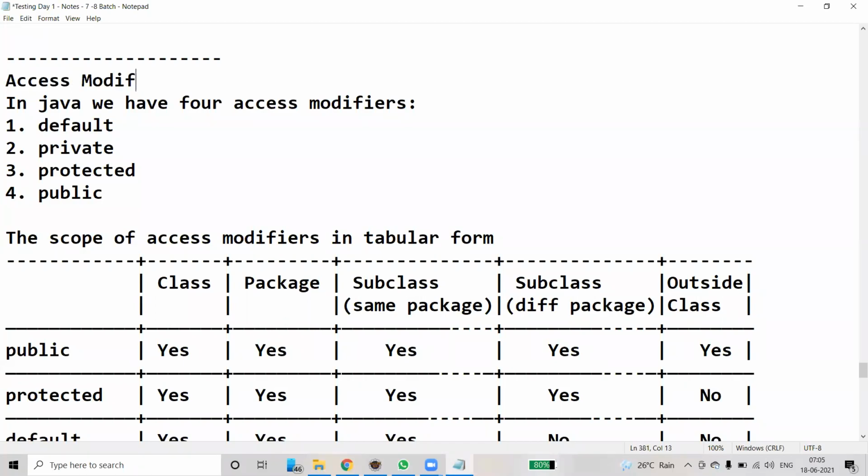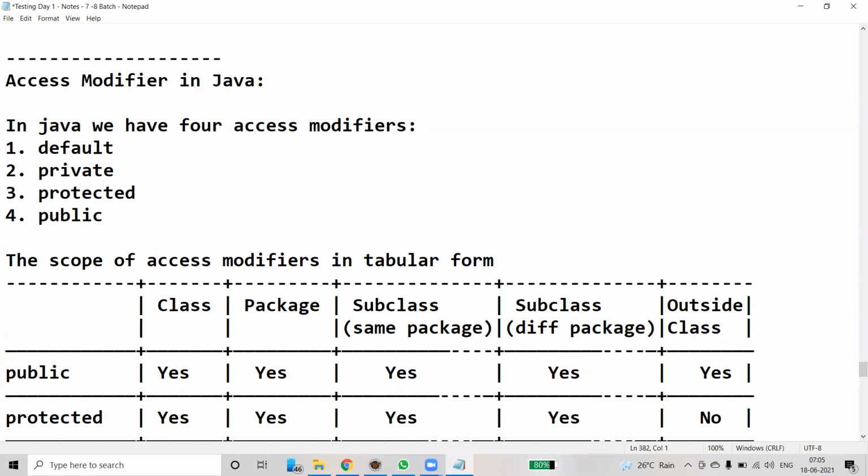Access modifiers in Java. Okay, so what are access modifiers? What are access modifiers? Any idea?